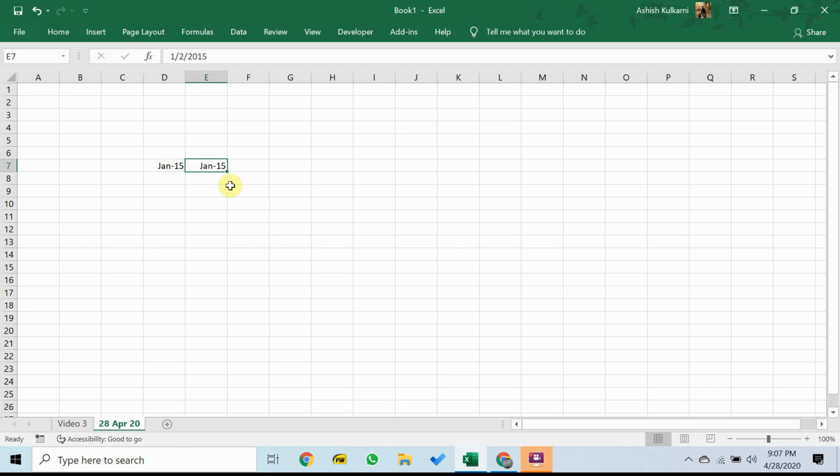And at least for Indians, a slightly unexpected result. This ends up being Jan 15 as well. That's because I am using a computer in which the dates are stored as MMDDYY. So this becomes the 2nd of Jan 2015. So if I want to enter the 1st of February, I'll have to do this